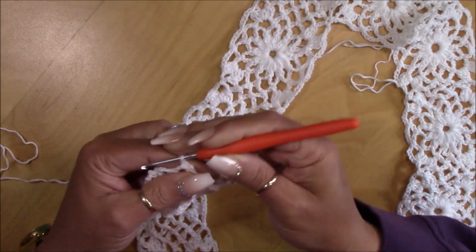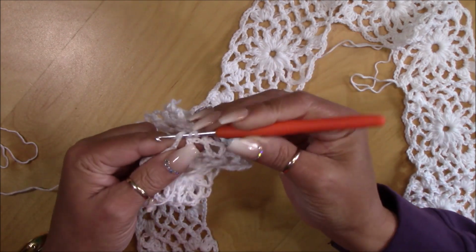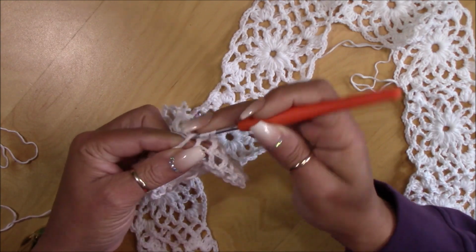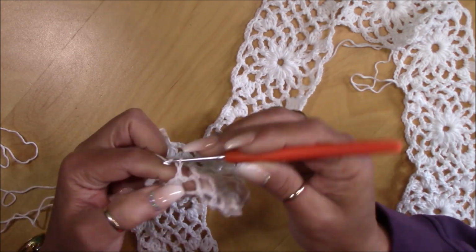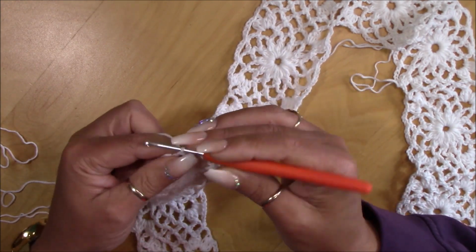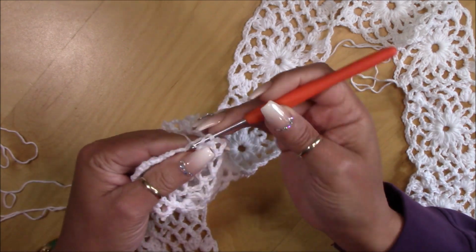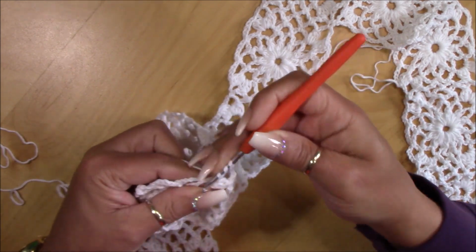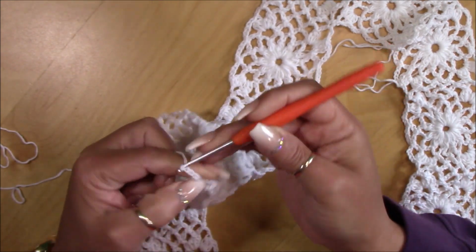single crochet, chain 2, and the next chain 5 space in between here, you see this one, single crochet, chain 2, yarn over, and you're gonna create the second corner. So you're gonna do your 3 double crochet that you're not gonna finish. You're gonna slip, chain 2, and you're gonna do a single crochet in the center of the second corner, chain 2, yarn over, and you're gonna finish the second one in this one. 3 double crochet, 1, 2, and 3. You're gonna close those 3, chain 5, 1, 2, 3, 4, and 5,